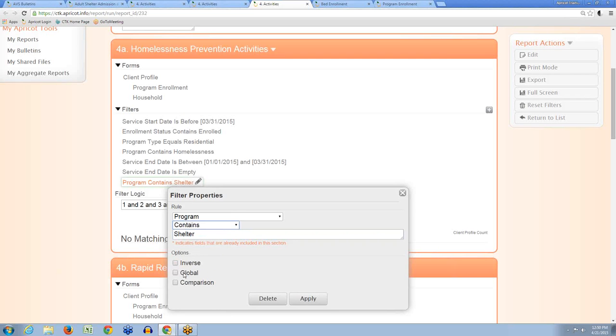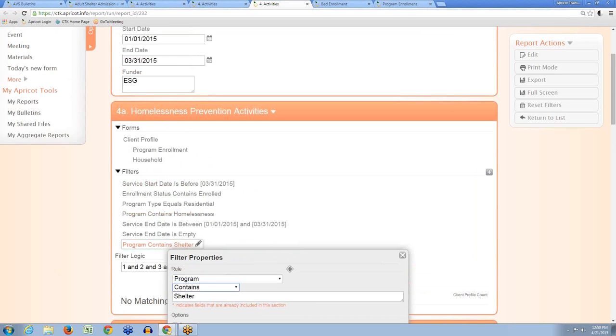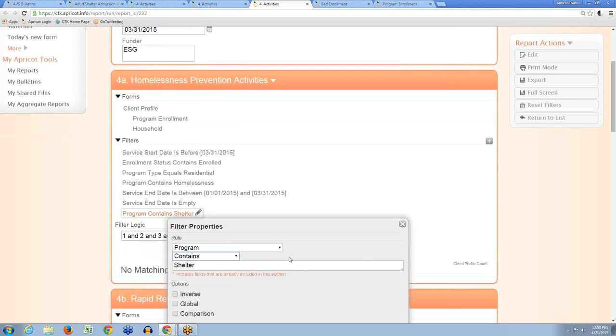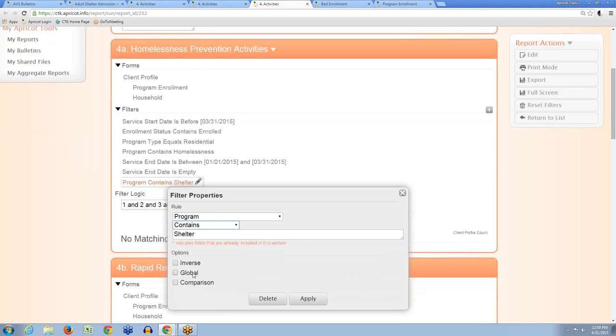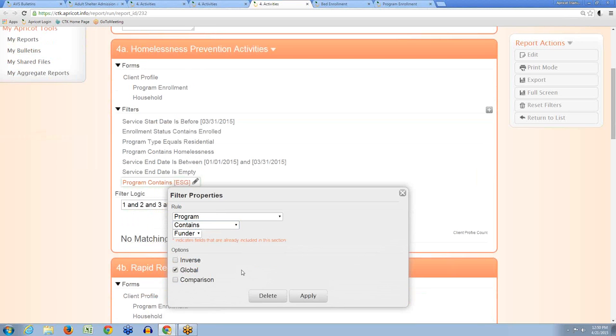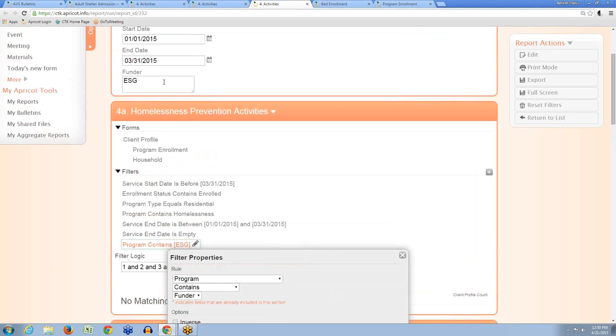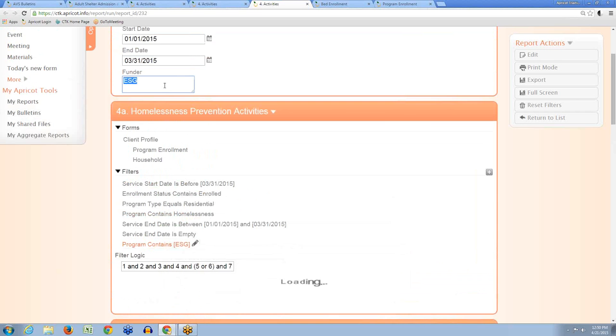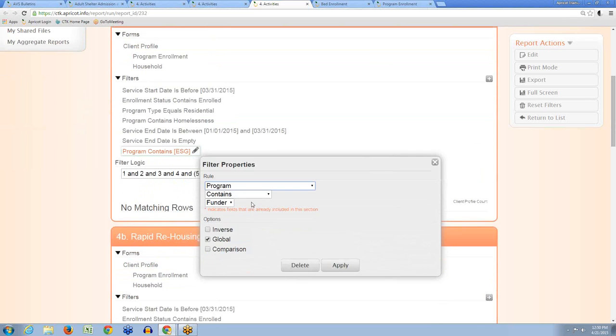to make this a global filter, which is to say if I want to incorporate these values into my filter, I have to use the global checkbox, and I want to use contains so that if the data is saved in the record slightly differently than the way I type it in up here, it'll still find it because I'm using contains instead of equals. Equals is a lot more strict. So contains, and if I had changed that